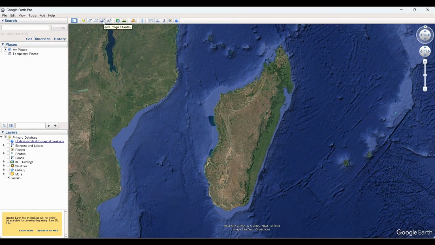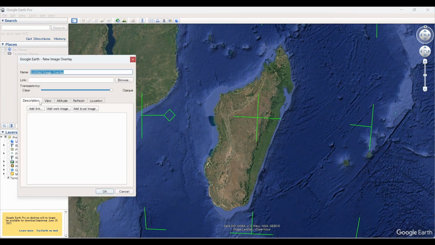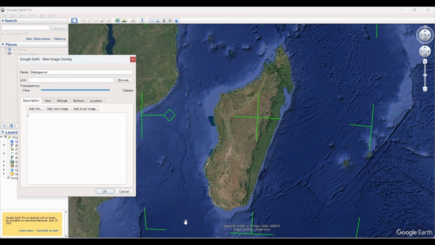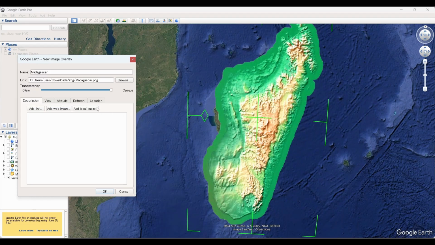Then click this image overlay and let's name it Madagascar and browse. Select the image and open. Now we can reduce the opacity